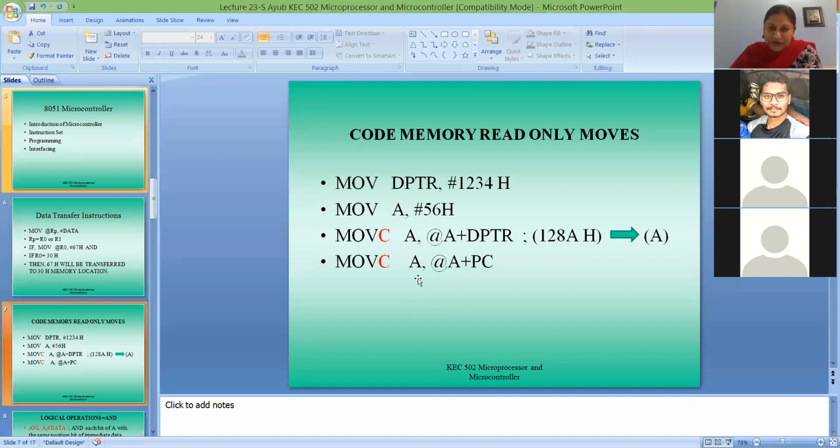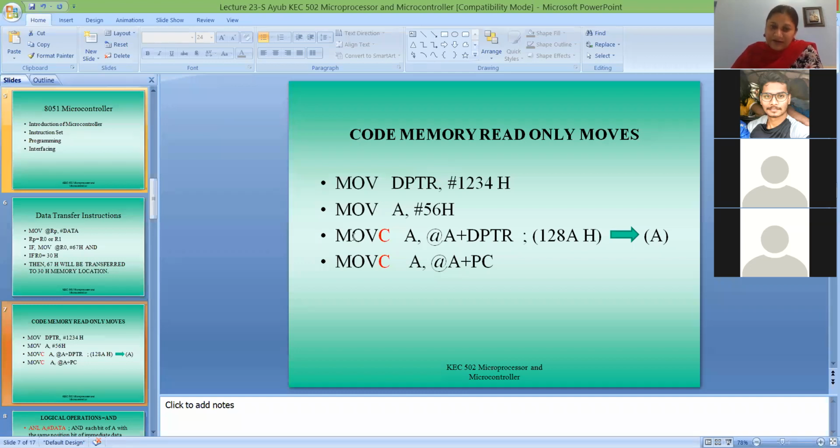Suppose your DPTR, because DPTR is a 16-bit register, will contain 16-bit data. Let's take one example, 1234 hex. And because your accumulator is an 8-bit register, let's say the accumulator is containing some 8-bit data, 56. We have put the hash sign, that means both are immediate data moving to the respective registers.